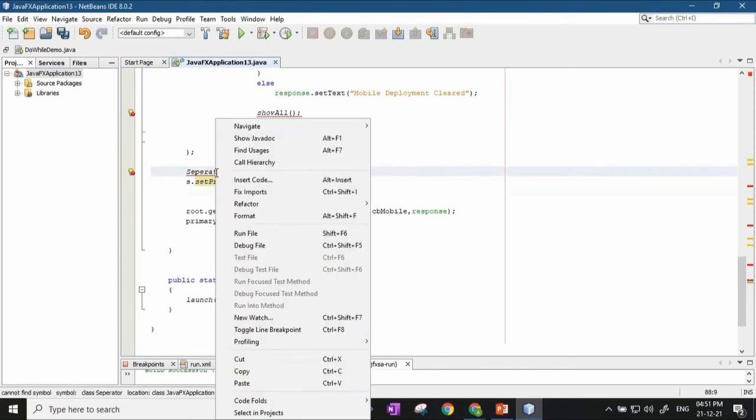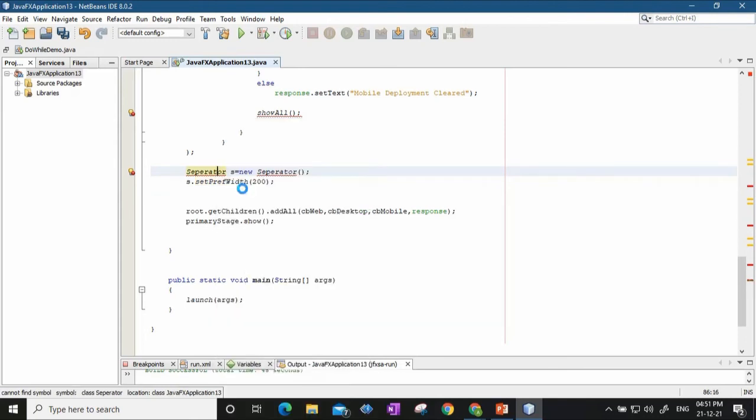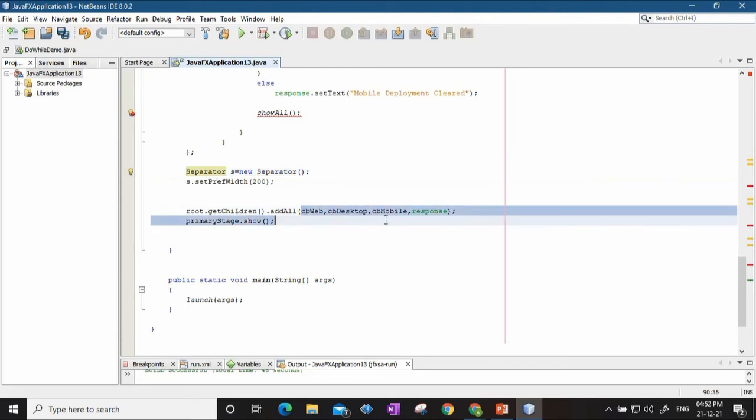This separator is another control that I have inserted. So this separator also I will have to add to the root along with other controls. So I will have to modify this now.